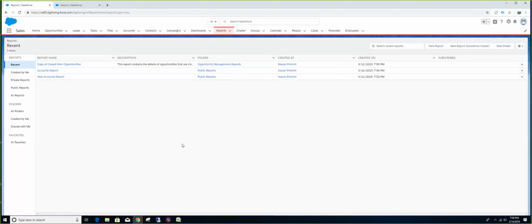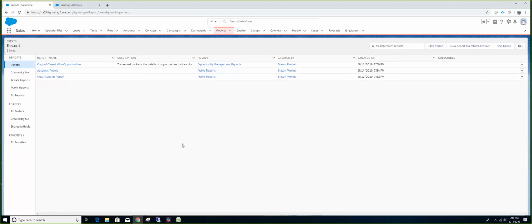If you want to do a controlled sharing, like all the opportunity reports in one place, account reports in one place, or management reports in one place, you just create a folder, store the report in that folder, and share the report folder. Now, in order for a report to be created, you need to have a report type. Report types are also of two kinds: one is a standard report type and another is a custom report type.